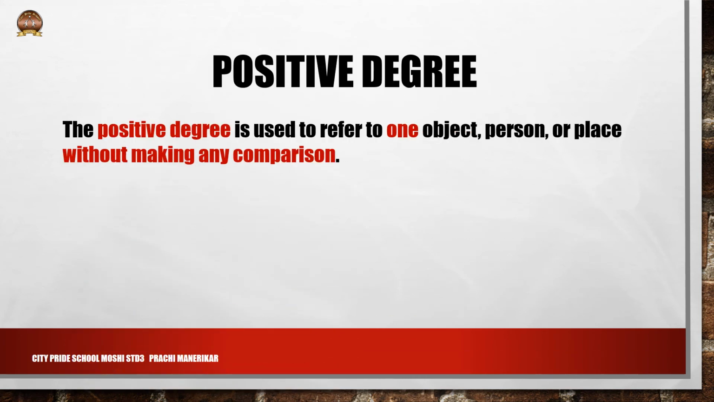The positive degree is used to refer to one object, person, or place without making any comparison. There is no comparison between one noun and another. We are only talking about one particular noun, that is one particular object, person, or place, without making any comparison. For example, we say